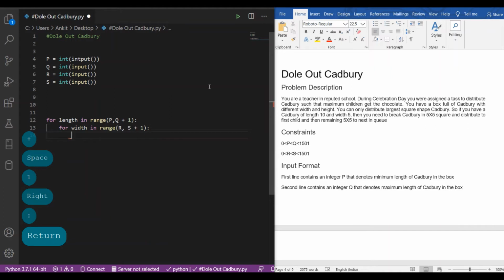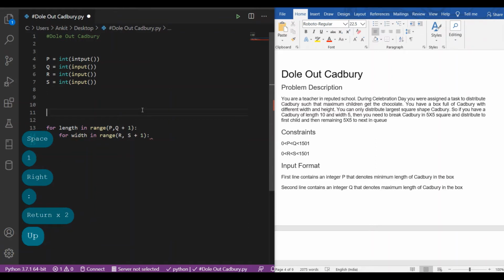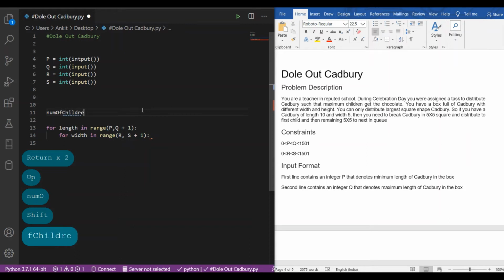Now here we have to calculate the number of children who will get the chocolate.